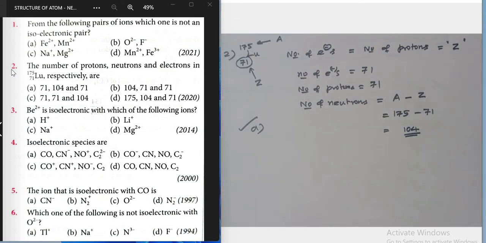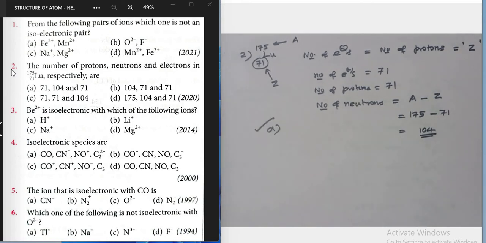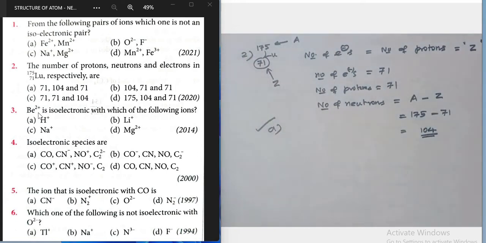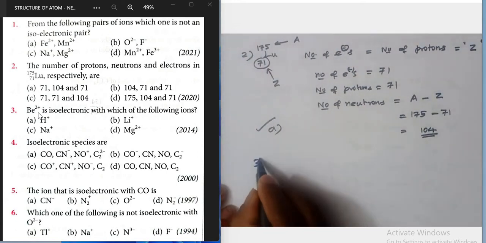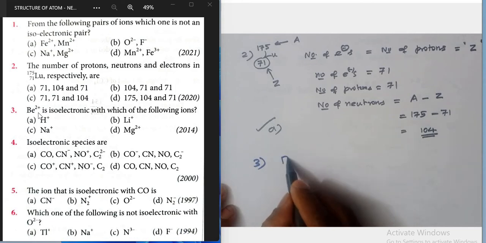Now just go through question number 3. Beryllium 2 plus is isoelectronic with which of the following ions, they are asking. So what you have to do, first you take beryllium 2 plus. Let me write here, question number 3. In the case of beryllium 2 plus,